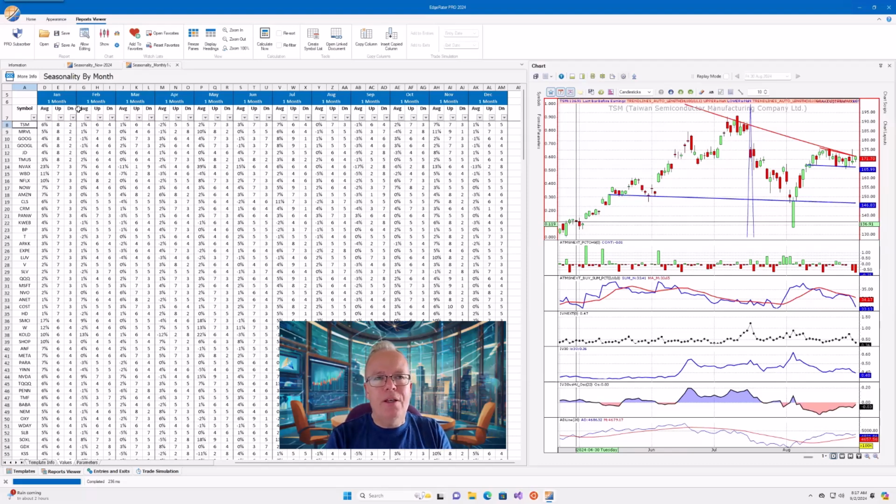It always used to be that Netflix was a great performer at a certain time of year, just after Christmas, because everyone's signing up for Netflix at Christmas, and they had good results in the first report they did of the following year. That doesn't hold anymore, but the trade for Netflix earnings in the first earnings of the year was always good on the positive side. That's the kind of thing that you can find with this program. You can do your sorting and filtering on here and find the next Netflix seasonality stock essentially.